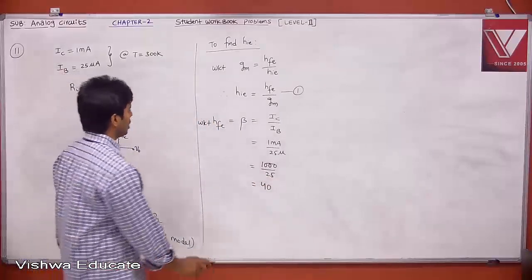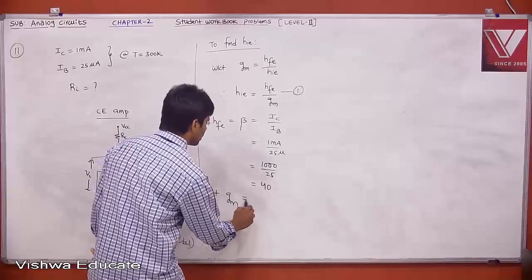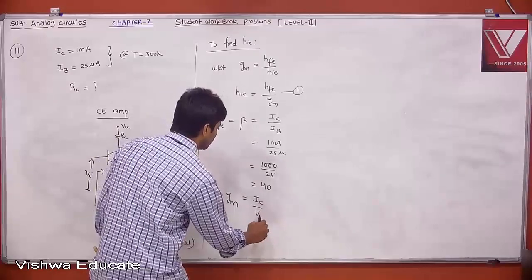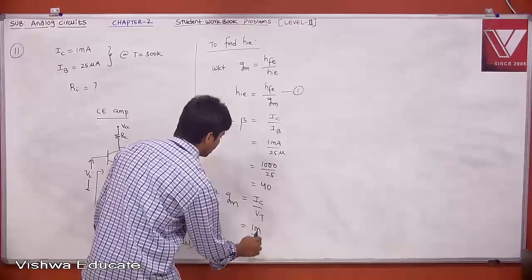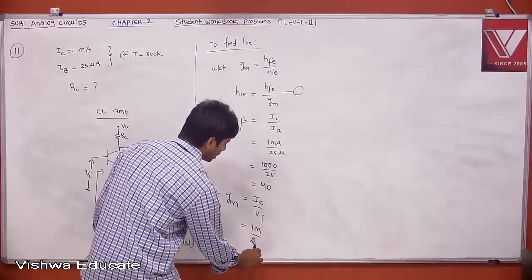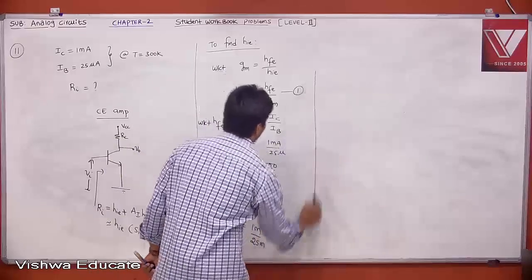Your beta is 40. Similarly, we know that what is GM? GM is equal to IC by VT. What is IC? It is already given, 1 milliampere. Then you take VT. What is VT? 26. But let me take approximately 25 milli. Therefore, 1 implies